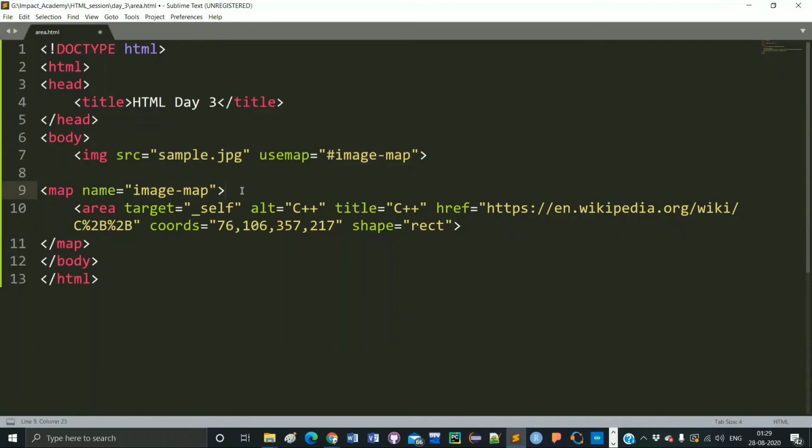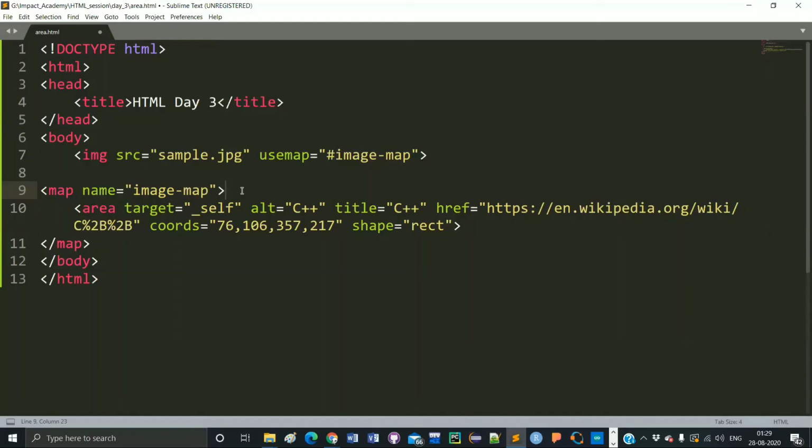So after creating the image map, I have to use this area tag inside the map tag. You can also say that this area tag is nothing but a child element of this map tag.